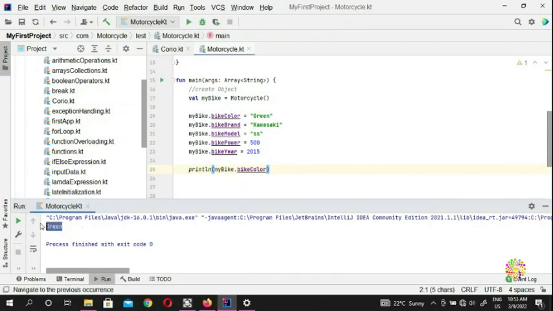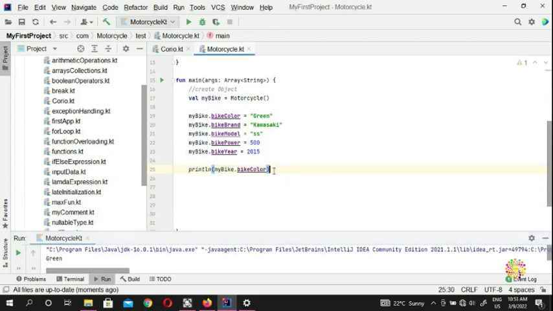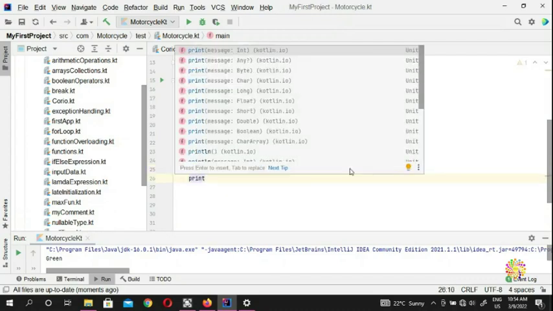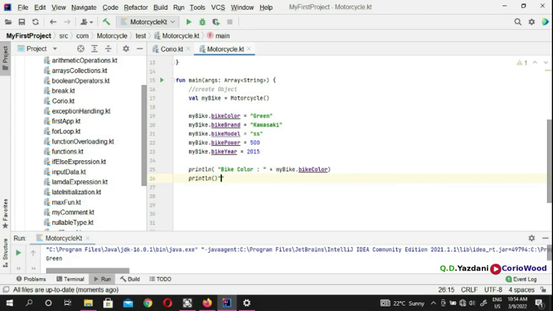And you can see that's green because we only output the color, and then the color is green. So we make a nice template here, and we're gonna say something like bike color. Okay, so that's a bike color, and you can put the rest, and you can put the bike brand,